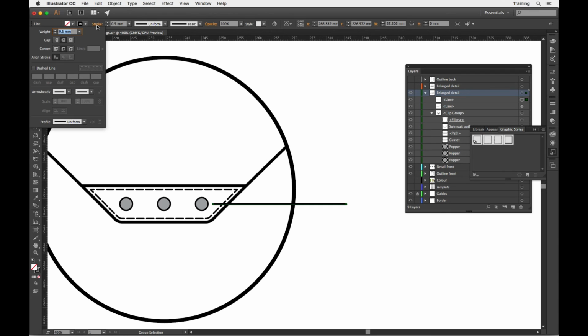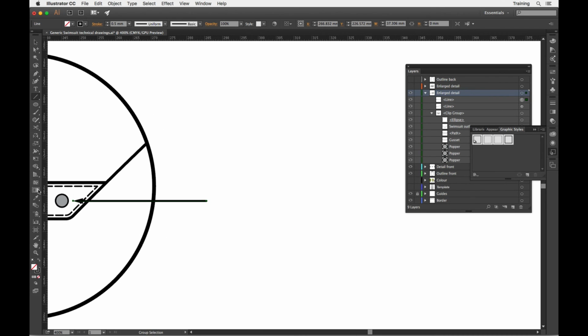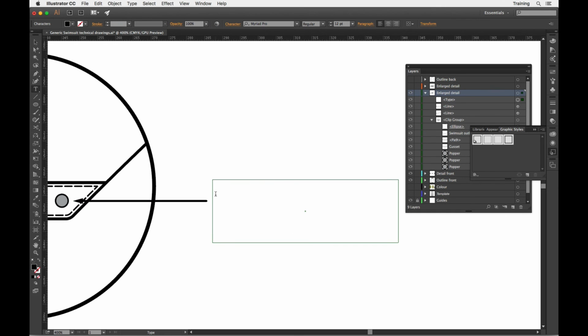I'll add myself an arrowhead and just change the scale in there. Make it a bit smaller in fact as well. It's a bit better. So now all I need to do for the final part is just to draw myself a text box. So I will go and get the type tool here, the letter T, draw a square with it, and inside